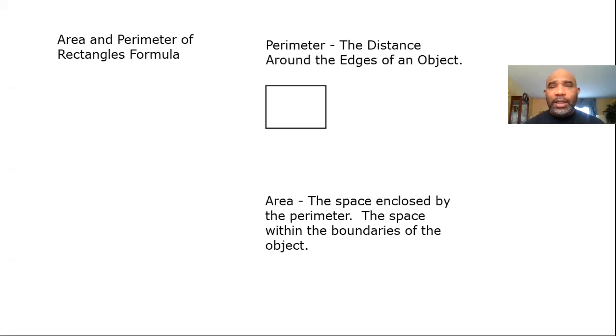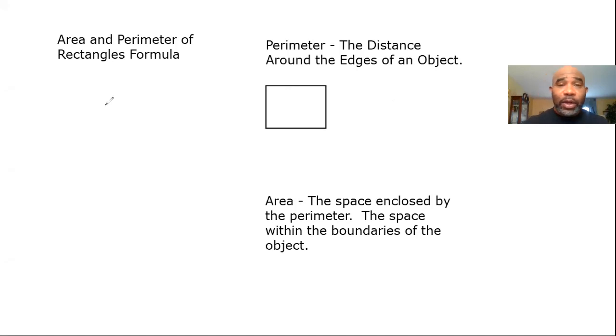All right. So while I try to share my screen with you guys, remember, area and perimeter are related, but the perimeter, as you can see now on my slide here, is the distance around the edges of an object. So if we are looking here at this first shape in the middle, I said the perimeter is the distance